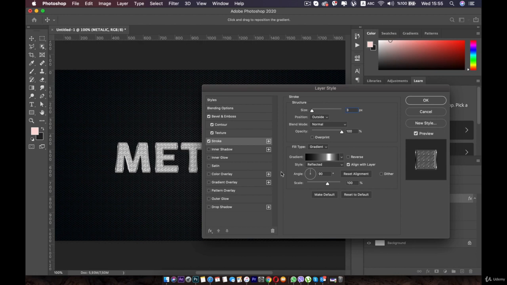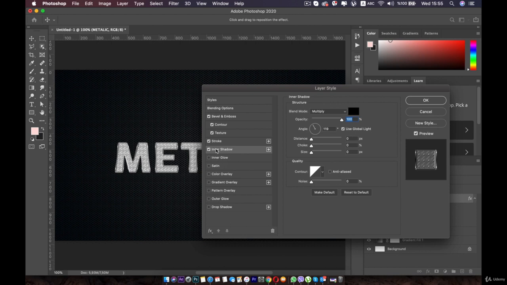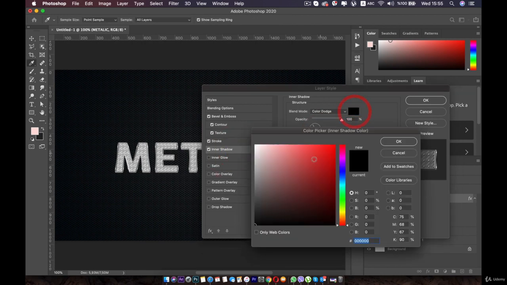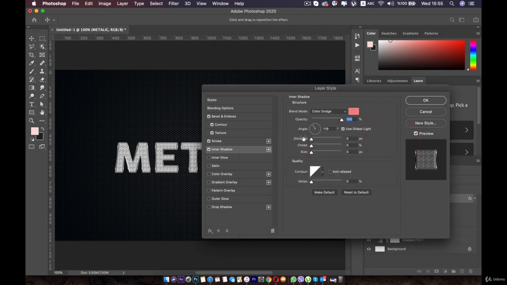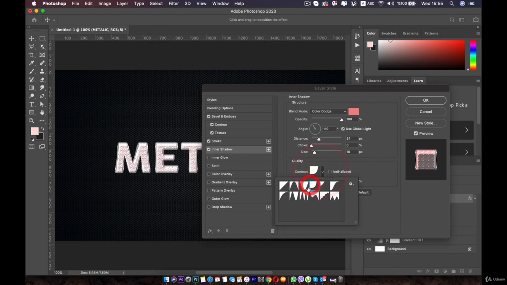Let's go to the inner shadow, enable it, and then we will change the blending mode to color dodge, and then the color, something reddish. Okay, the angle will be 119. Distance will be 24. Size will be 10. The contour,